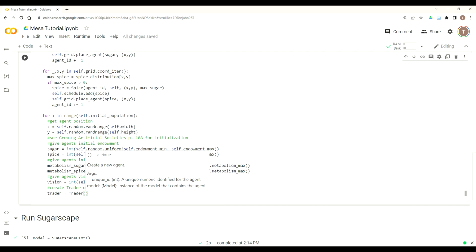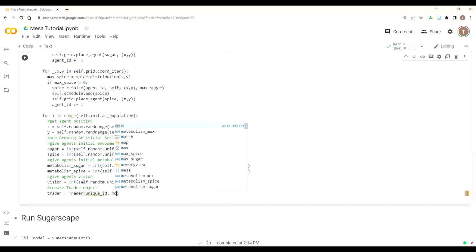So similar to sugar and spice, we make a variable trader, call our trader class, that's the capital T, and then we'll have to pass in the standard attributes. So first is always your unique ID. Every agent must have a unique ID just for standard bookkeeping practices. Then you've got your model,